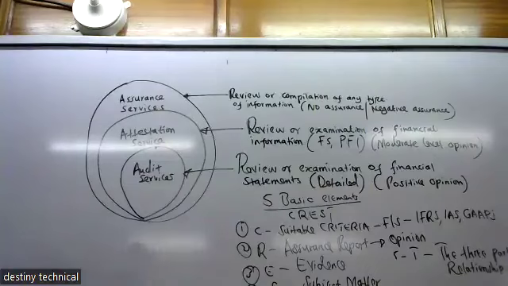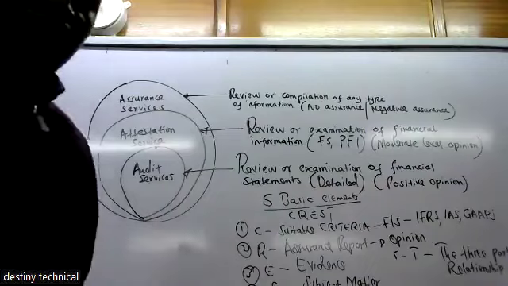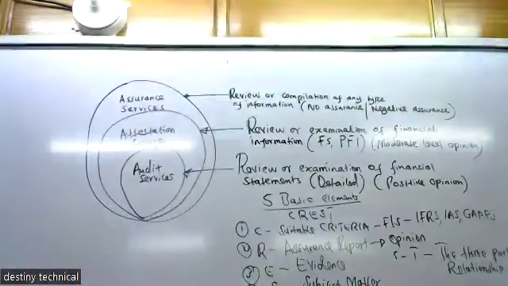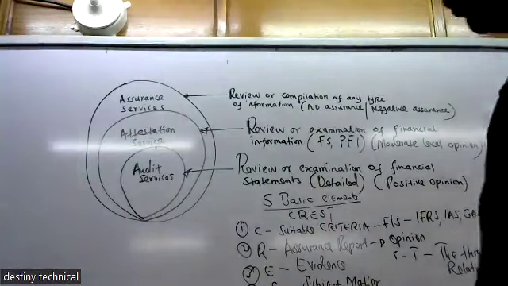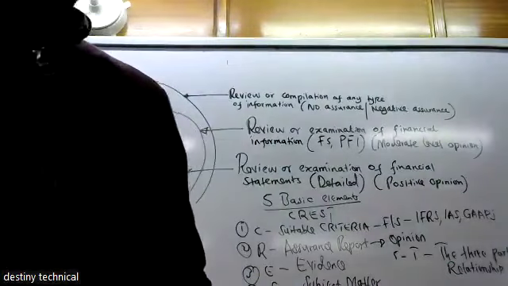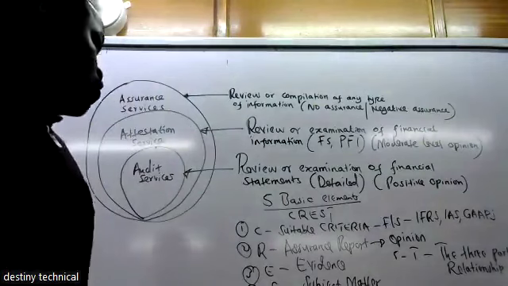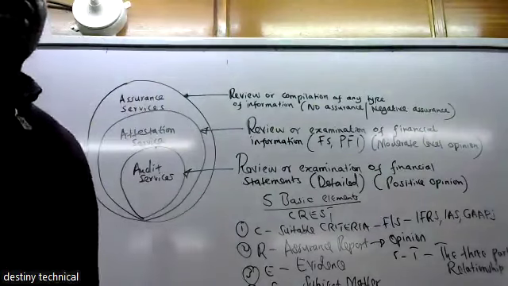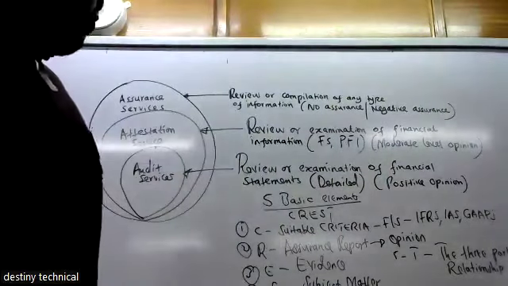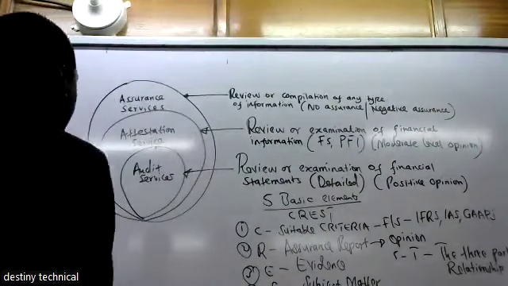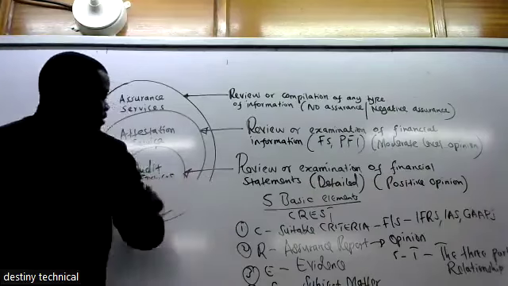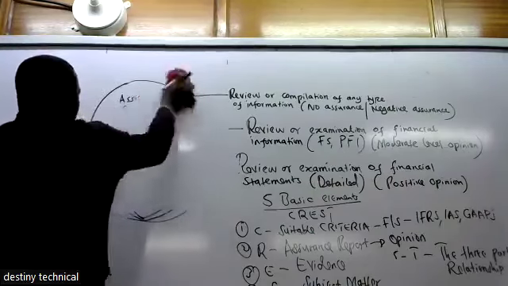Number 2, assurance report or opinion. Number 3, evidence or engagement process. Number 4, subject matter. Number 5, the three-party relationship,